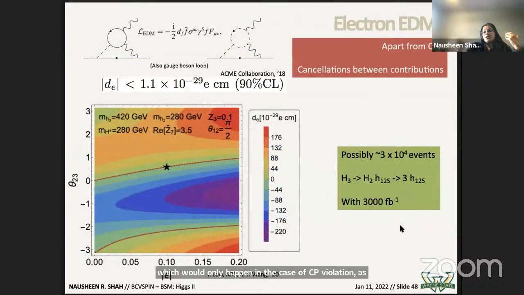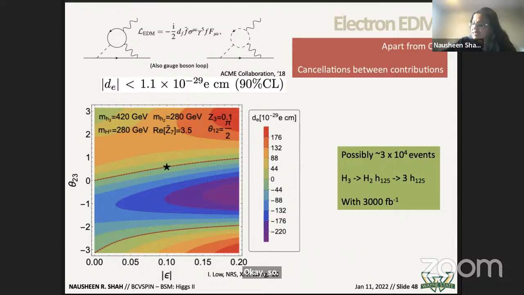As I mentioned before, the stringent constraint whenever you have CP violation would come from electron EDMs, but you can have cancellations also in these types of contributions, and may allow you to live in certain regions of parameter space. And you can have certain signatures. For example, you can have this heavy guy decaying into 3 H125 states with large amounts of data that maybe we'll be able to see at the LHC in the future. Okay, so